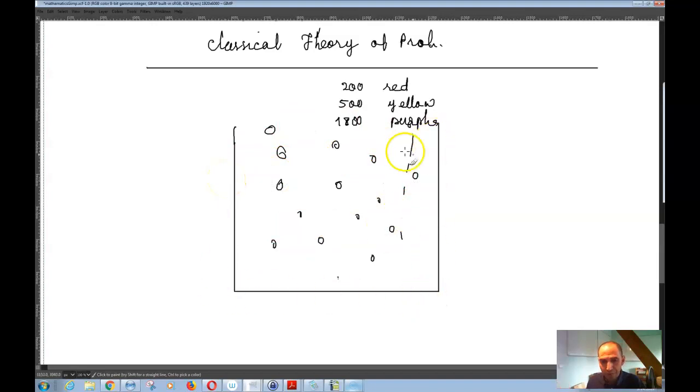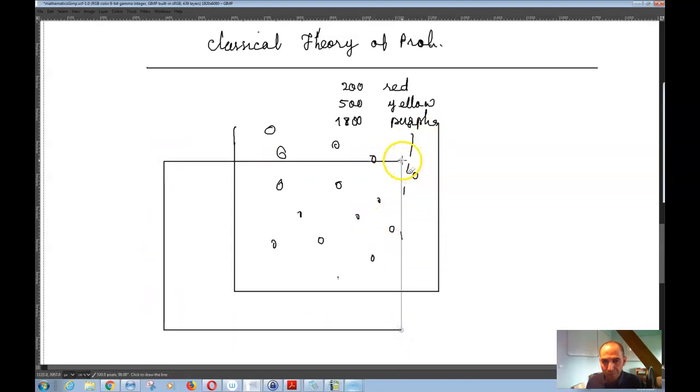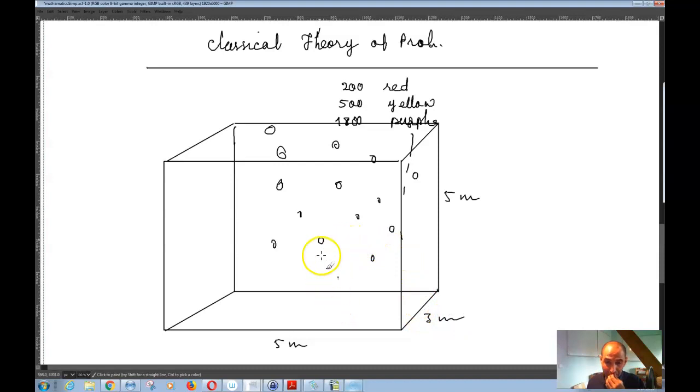It's like a cube, for example 5 meters by 5 meters by, I don't know, 3 meters. And there is no way for you to get inside the cube unless you started from the top of the cube, meaning that at any time, if you wanted to pick a marble from this